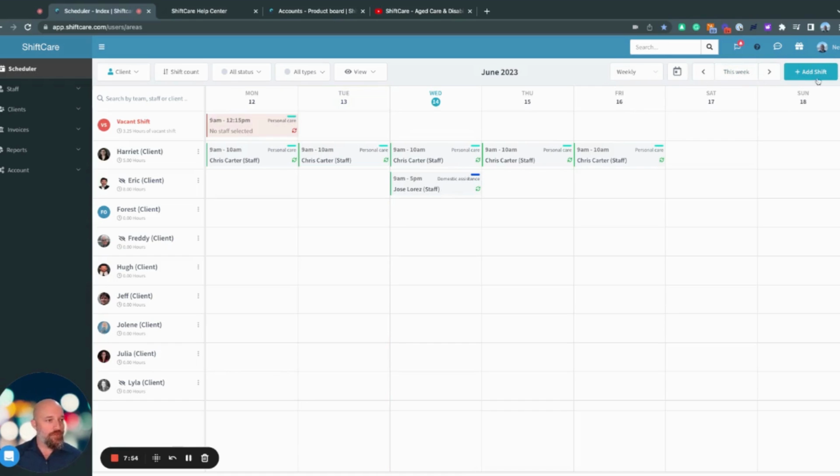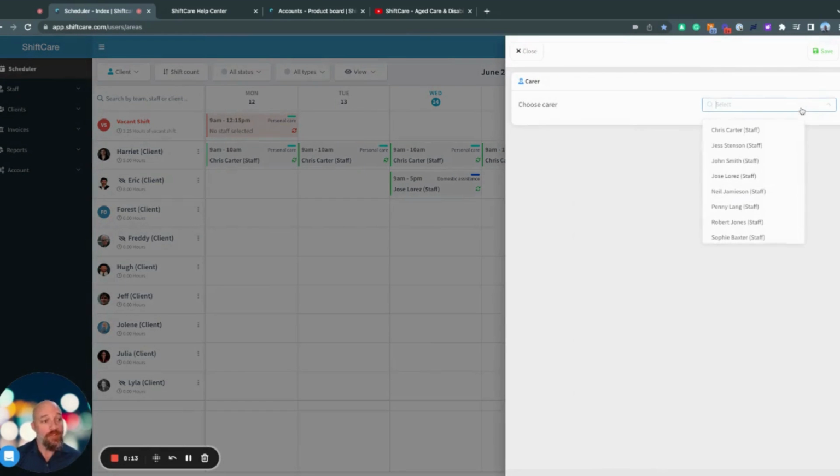If I come across here, I have the add shift function, which we'll cover in a later stage. And then the 3 dots over here, that give me the ability to either export my roster, so if I want to give someone a hard copy, or if I want to keep an offline copy. And I also have the ability to manage unavailability. So if I wanted to put in a